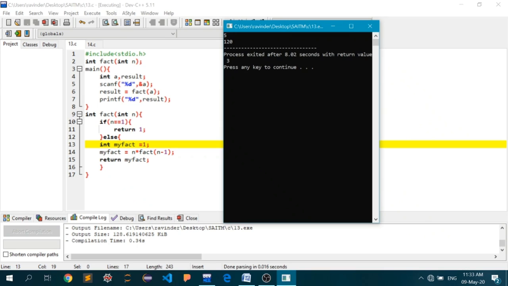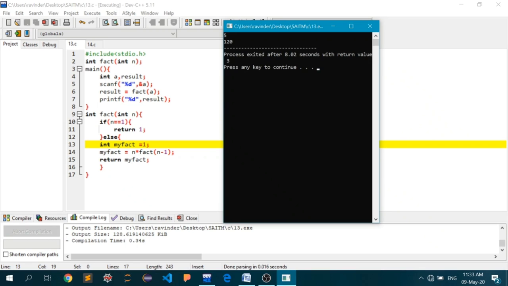and then I will update this variable my fact with the value of the factorial. Okay, initially it has been initialized to 1, but it must be updated to the final factorial value. And while doing that, what I have done is I have just multiplied the initial argument n and called the same function inside the function again. Okay, so this is the recursion in action. I have called the fact function inside the fact function, but this time I have passed on the argument as n minus 1.